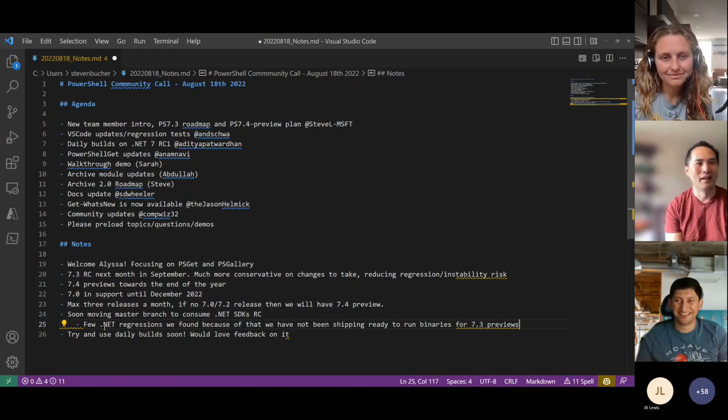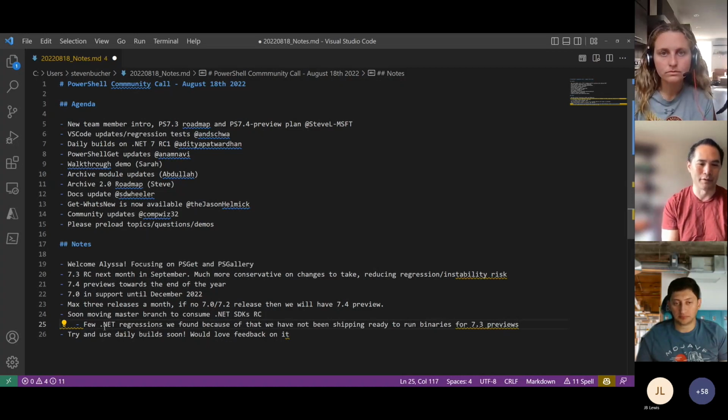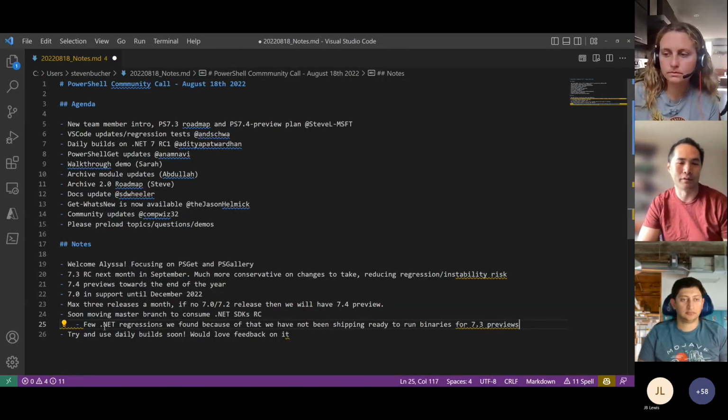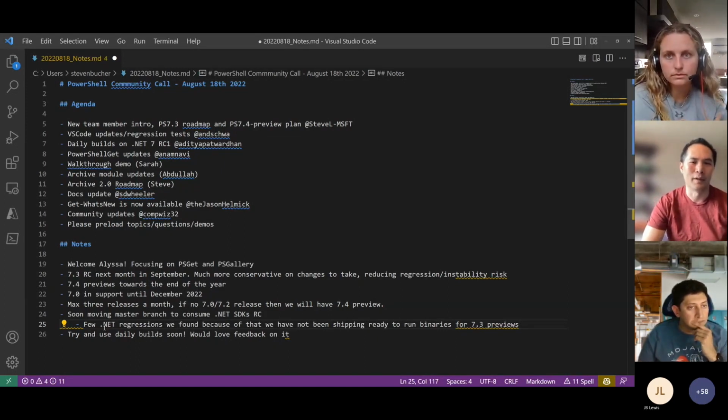People didn't notice. Once it started up, it's not as big of an impact that people would notice anyways. But the point here is we have not been producing ready to run. And so the concern is there may be other issues in that space because the .NET team has been making a lot of improvements there that we may not have found yet. So that's why we want to give an opportunity for people to help us by running some of the daily builds going forward. I'll probably tweet or something once that's ready, so that hopefully we can find issues before we have the next RC release.